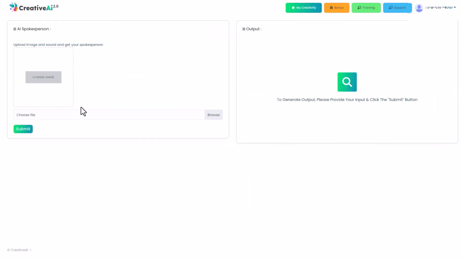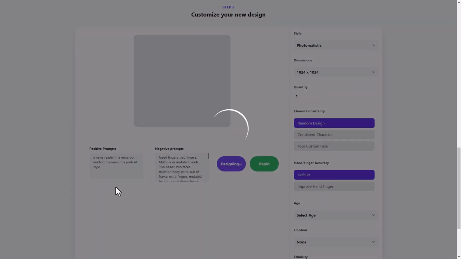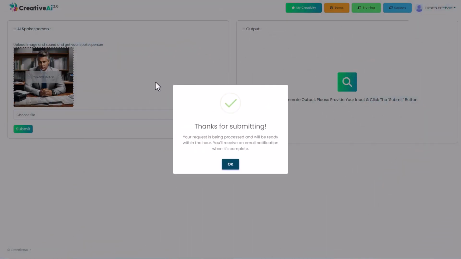So we can make an AI spokesperson apparently, but we need to provide the image. So I'm currently using Artistly to generate an AI character and hopefully I'm going to get a good one that I can use. So this is an excellent picture. So I'm going to download this and I am going to use this in Creative AI. So another thing I had to do was not only provide the image, but I had to provide some audio, and you do that through this choose file button. So I provided some audio. I really wasn't sure it was going to work, but I've been told that it'll be ready within the hour and I will get an email when that's complete.